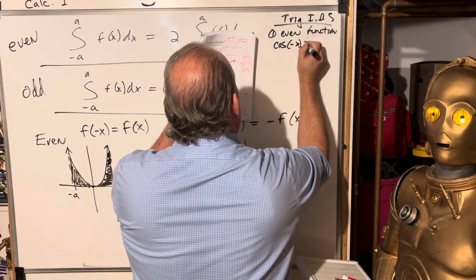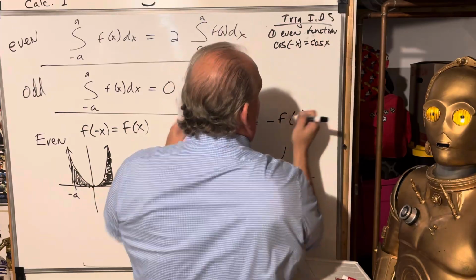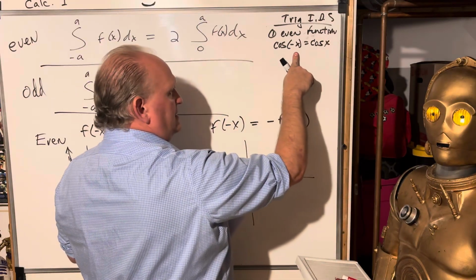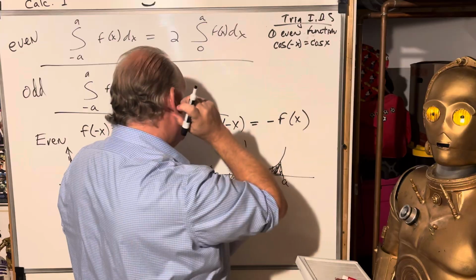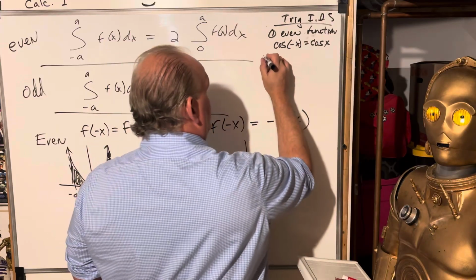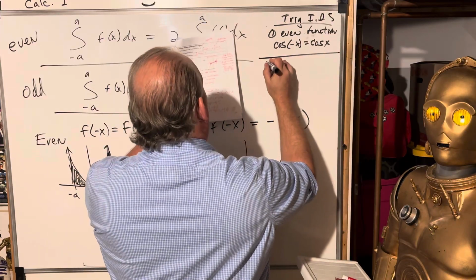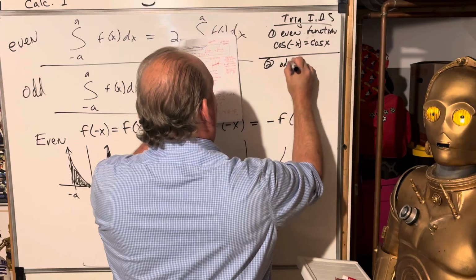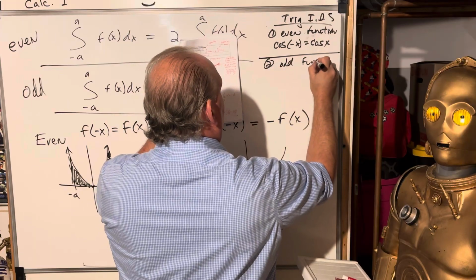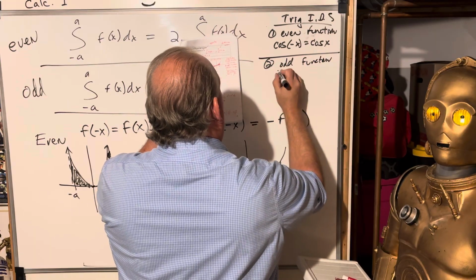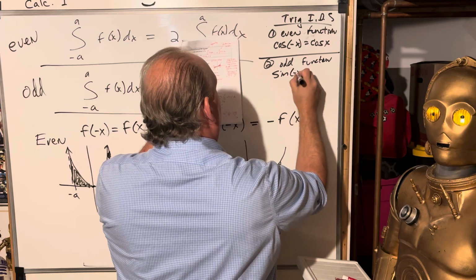Cosine curve is an even function because if I take the opposite of x, I get the same as the cosine of x. And then an odd function,